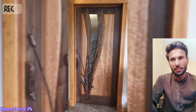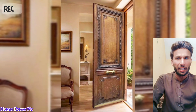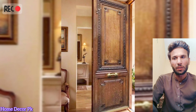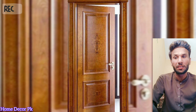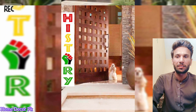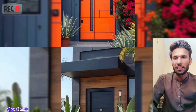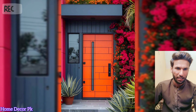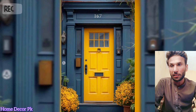We are showcasing the most beautiful, unique front door designs to inspire your next renovation project. Make a statement with your front door, from bold colors to smart technology. We explore these design and decor ideas: a door with built-in planters, to build into